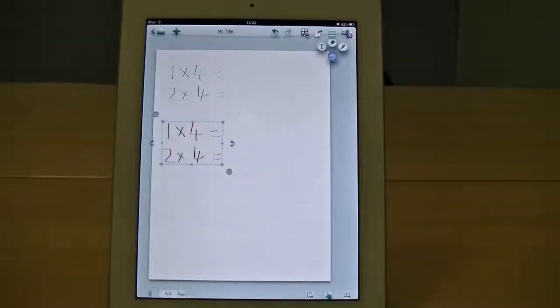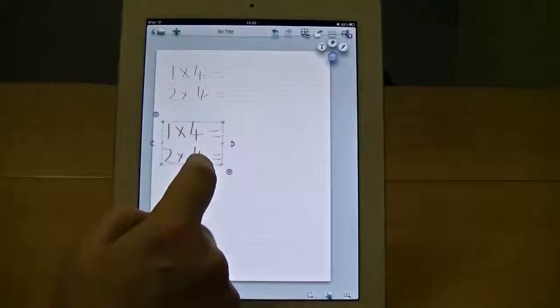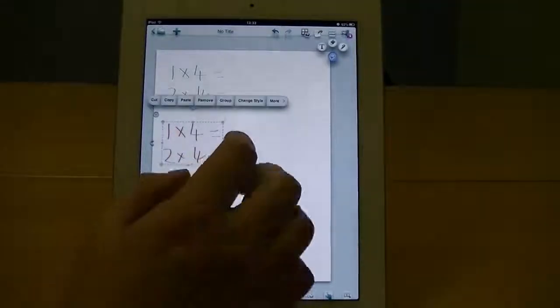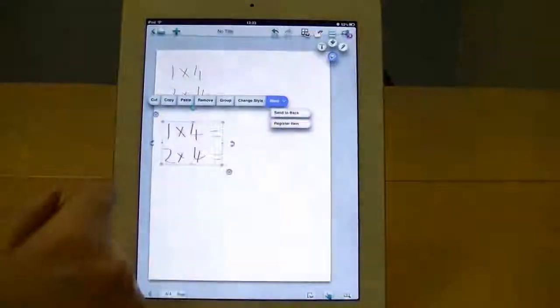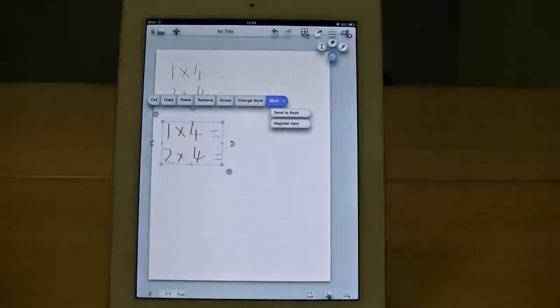What I also might want to do is register this selection so that I can copy it into other documents. It's probably not this multiplication example, but it could be a particular item that you want to be able to reuse, a stamp or an example or something that you reuse a lot. And to do this, we can take the same approach. So select the text. In this case, we'll just use what we've got. Hold down, click on the More button, and you'll see an option there for registering an item. So if we do that,